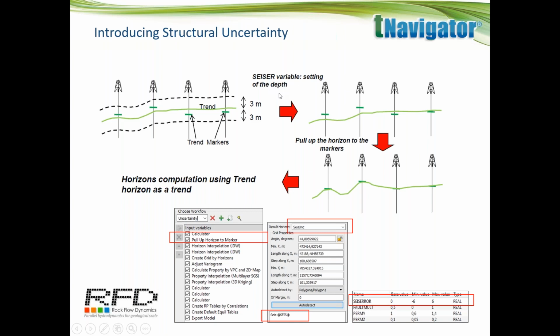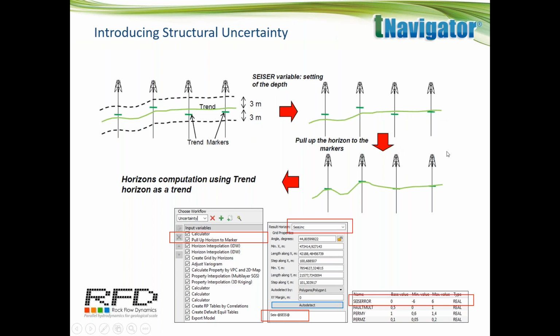The idea is that it varies between -3 and +3 meters, just an example, and it means that we will move down or move up our trend horizon depending on which value of this variable will be picked. So as you can see here, we will get a new depth of our trend horizon,